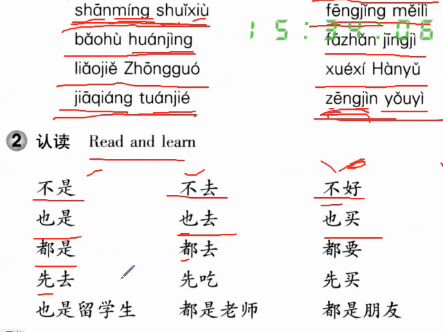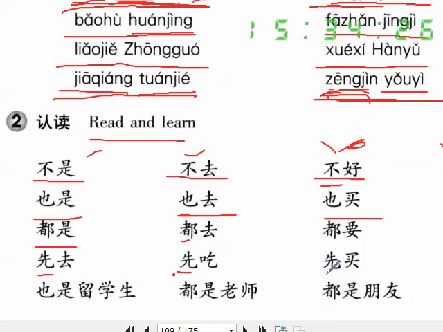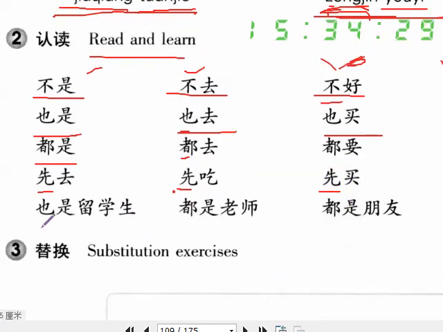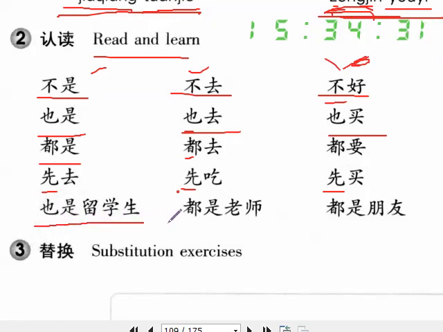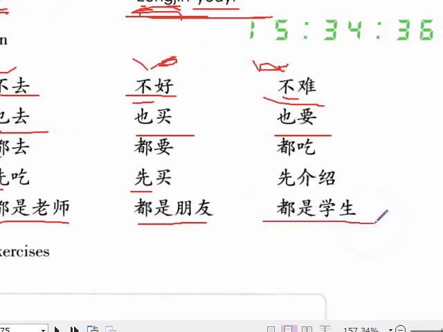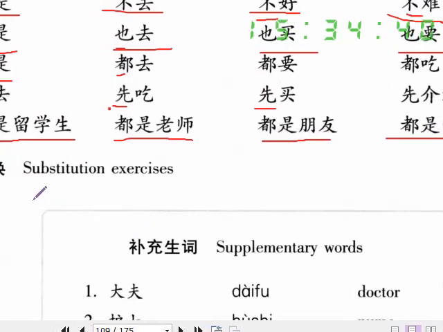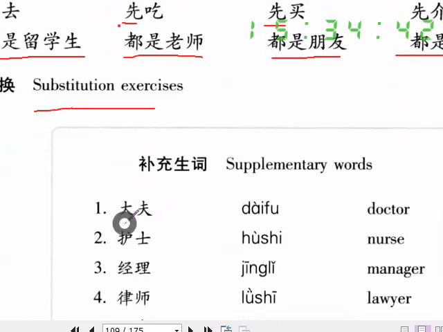Let me go first. 先去, go first. 先, if you translate directly, is before something, so it's first. 先买，也是留学生，都是老师，都是朋友，都是学生。